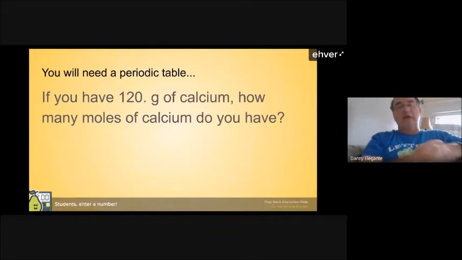So let's drag out your periodic table. Hopefully you have a calculator, but if you have 120 grams of calcium, how many moles of calcium do you have? Down there at the bottom, on your screen, you should have a thing that says enter a number. For those of you that are maybe still not on the Pear Deck thing, you would have to go to